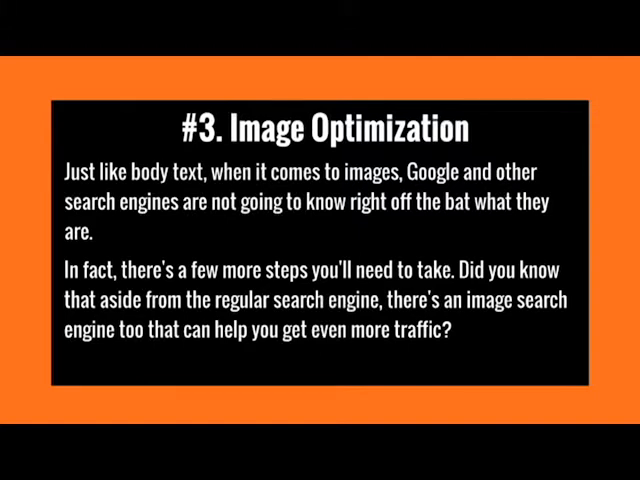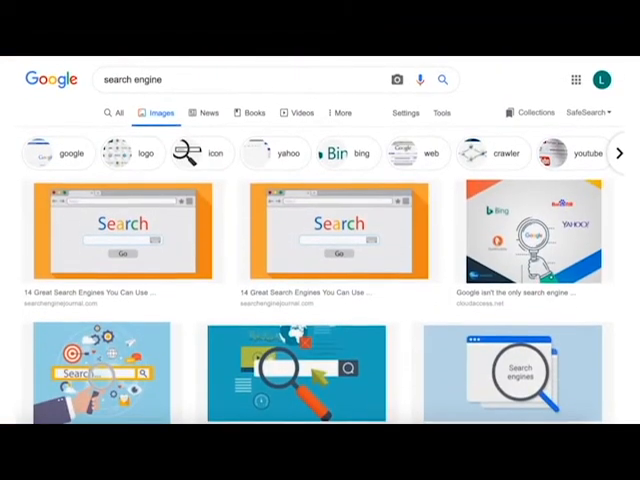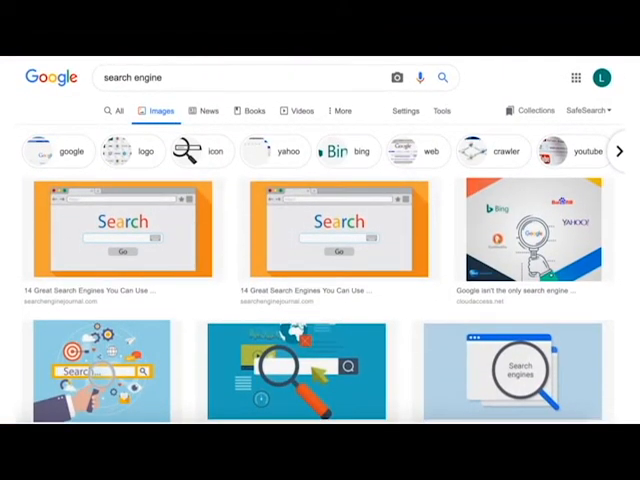If somebody types in, let's say, military survival kit, and people see your image and they click on that image, then Google has a better idea of your image. So don't try to game the system by naming an image something that it's not. Name it what it is, so when somebody looks for the image, they're going to find it and click on it, and that will show search engines you're honest, and it is going to help you in the long run. In fact, beyond that, there's a few more steps you'll need to take,